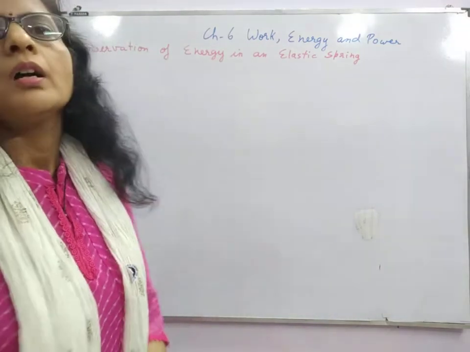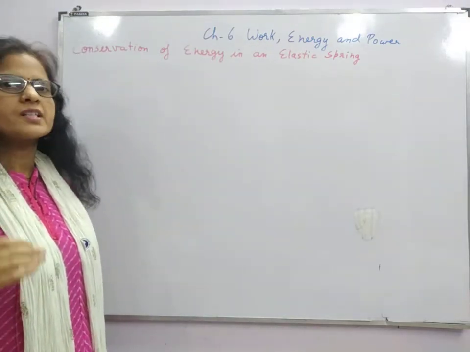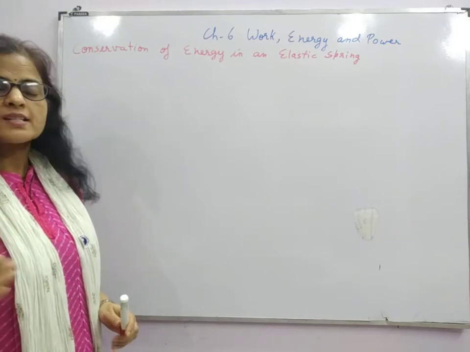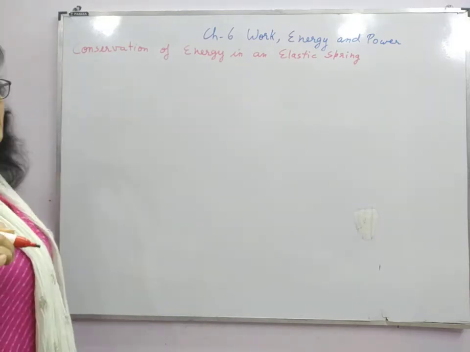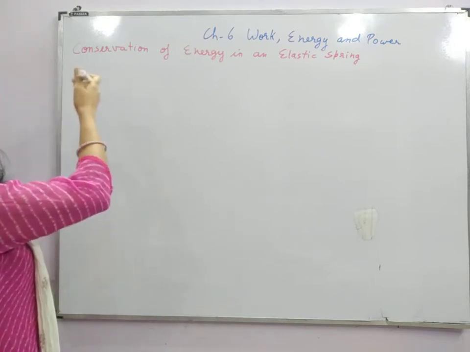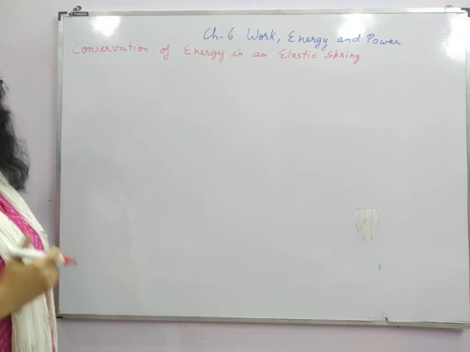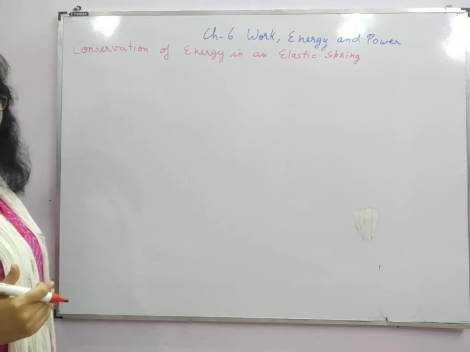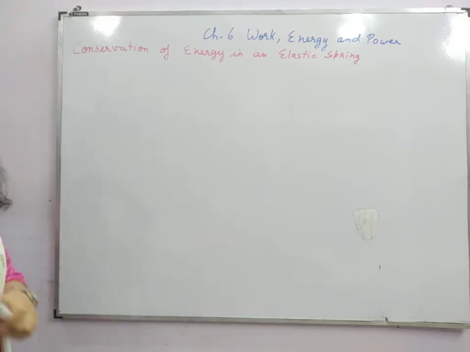So, you know the concept of potential energy of a spring, kinetic energy of a spring, and the total elastic potential energy of the spring. Here we are going to discuss how the energy is conserved and how to draw a graph for total energy, potential energy and kinetic energy with respect to the displacement from mean position. So, for that,